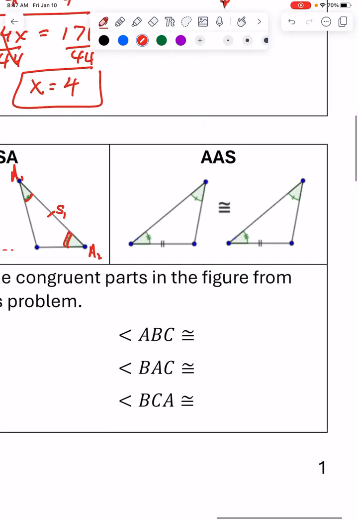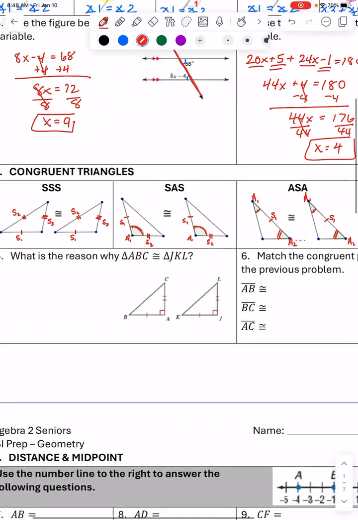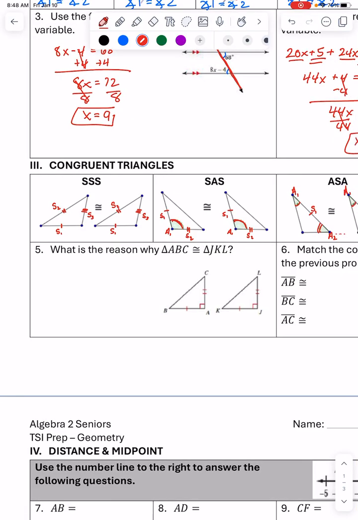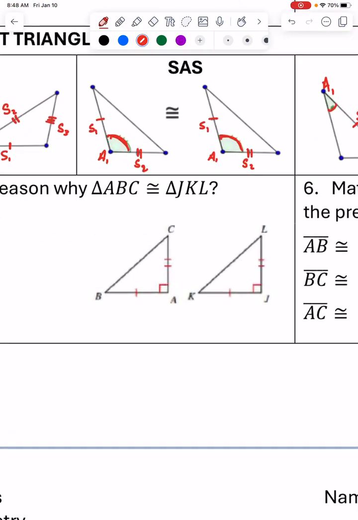And then this last one, we've got this angle congruent to this angle, congruent to this angle, and then this side congruent to this side, right? So angle, side, right? So we just have to figure out, based on that, what's the reason why triangle ABC is congruent to triangle JKL. So if we look at our marks here,